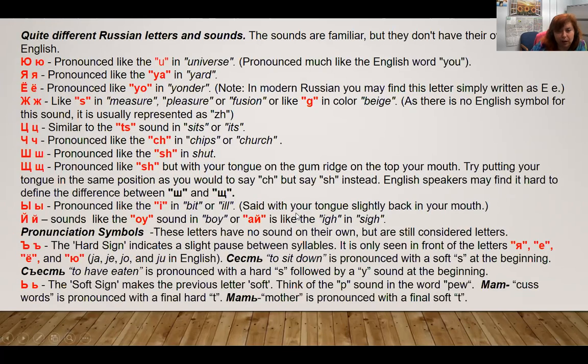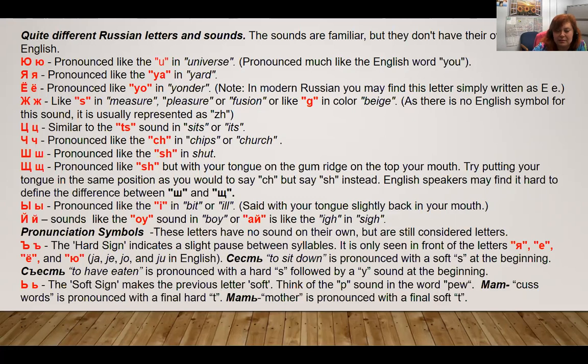Okay, now we get to quite different Russian letters and sounds. The sounds are familiar, but they don't have their own letters in English. So these are the sounds that are specific to the Russian language. The first letter is Yu. It's pronounced like U in universe, much like the English word you. Ya, pronounced like the sound ya in yard. And by the way, ya